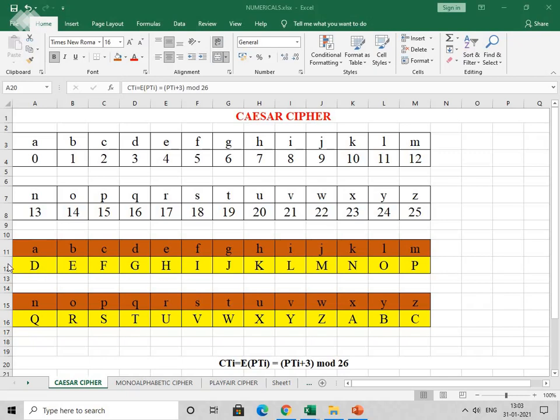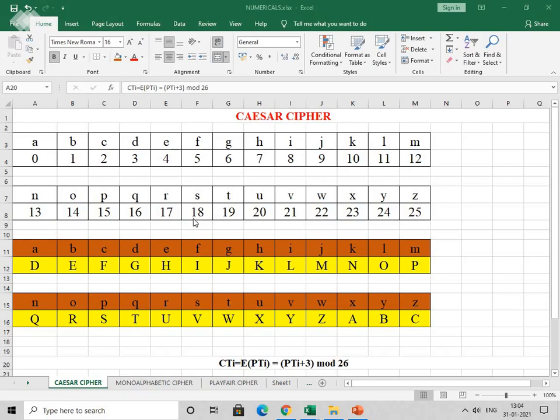The conversion of each element of plain text into ciphertext using Caesar cipher is shown below. If we are going to move by 3 positions ahead according to this standard algorithm, then for the first alphabet A, the third position after A is D. B is first, C is second and the third position is D. So below A, I have written D. For B, the third position element is E. First position is C, second is D and the third one is E. So in this way, for every alphabet, the third position element has been replaced, from A to Z.